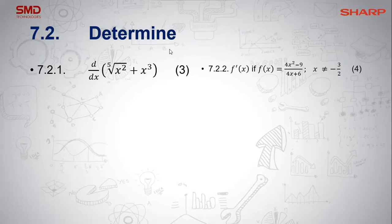Here, determine, and then it's given you differentials. Here you can't do this derivative first. First, you need to simplify it to 2 over 5, and then you can differentiate it. Here, it's a fraction. So first, factorize. We're going to have 2x minus 3 and 2x plus 3, all over...